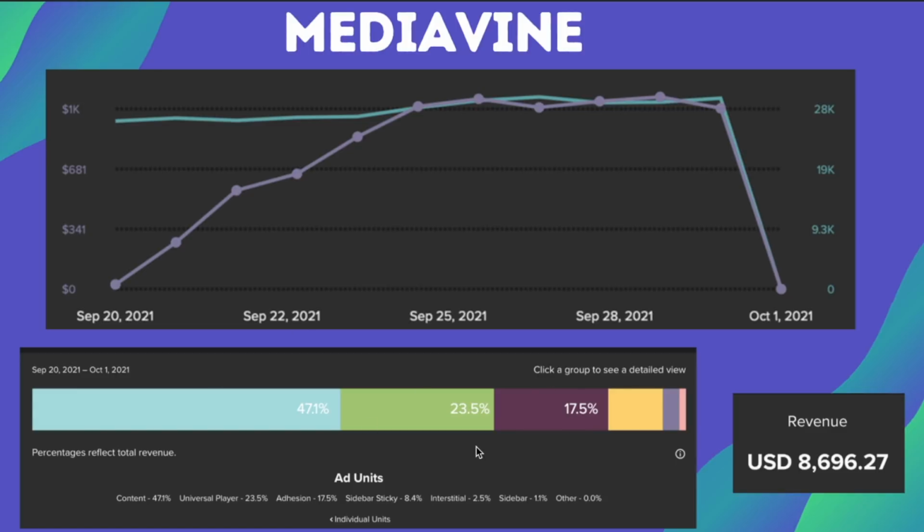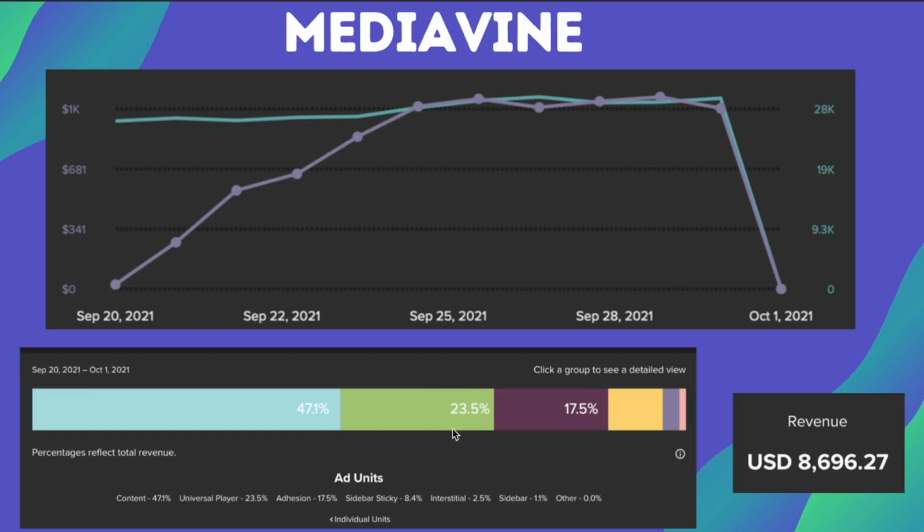Another really interesting thing that I wanted to share with you guys, which is only available with Mediavine, I think, is their universal video player. This is just much like the video ad placement. However, with this particular ad unit, you don't actually have to upload any unique content. It's just a floating video ad unit that auto plays. I do think it looks a little bit better compared to the traditional video ad unit. It's got the rounded corners, it's a little bit smaller, and I find it's not as intrusive. So that's a really awesome ad unit.